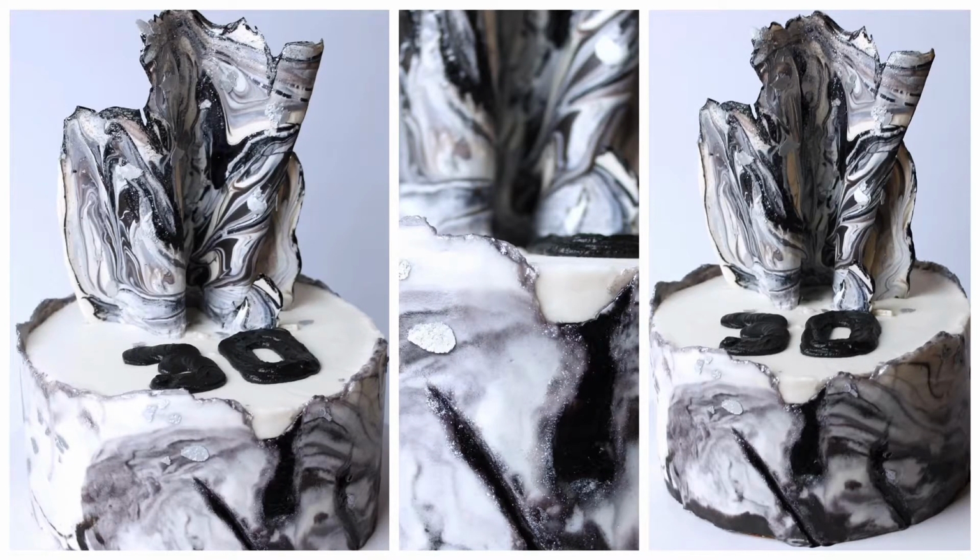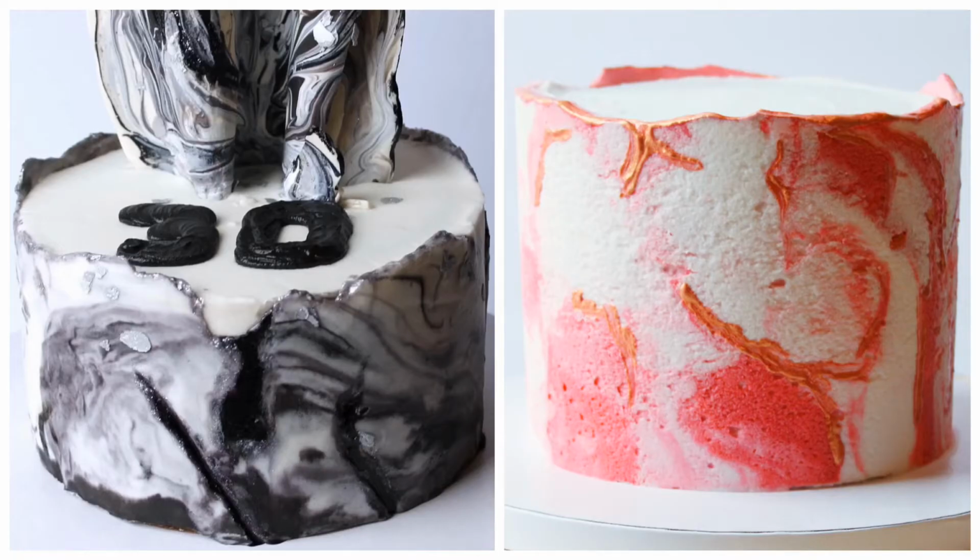Now you might remember this cake I did before when I showed you the marbled candy melt cake. We did the marbled candy melt cake, but the actual video I wasn't able to upload. But I'm going to show you the difference between these two marbled cakes. I used two different methods, almost the exact same, just a different material for wrapping. The first one I did was the black and white one on the left, and the one that I